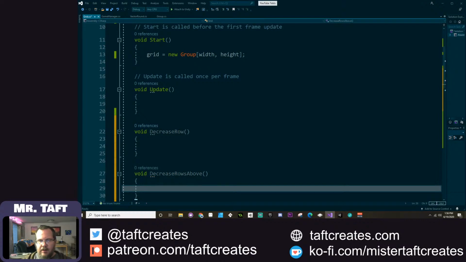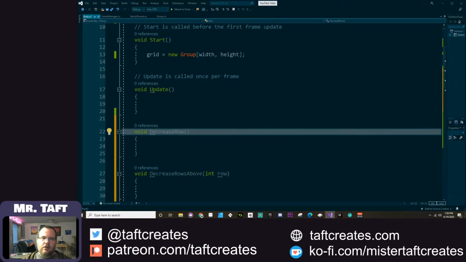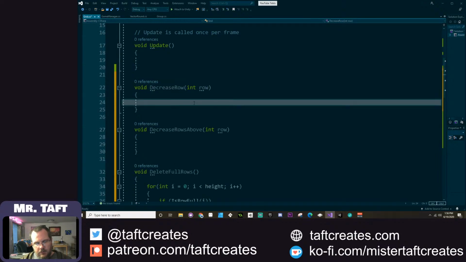And then this is going to require an integer value. Decrease row is going to need to have an integer value as well. Call this row. Call this row. All right, so for my decrease row function here, I want to iterate over the width. So I want to go for